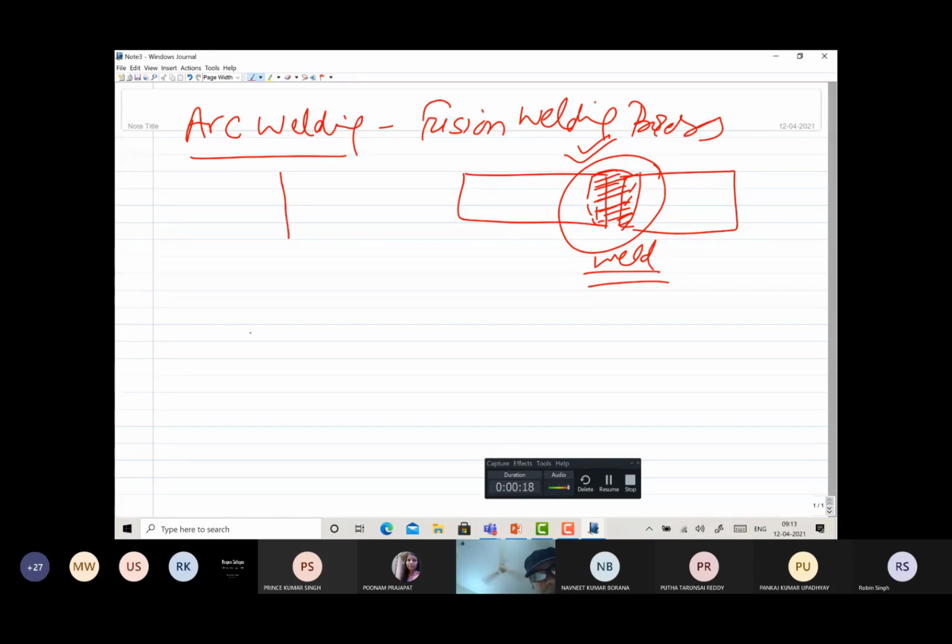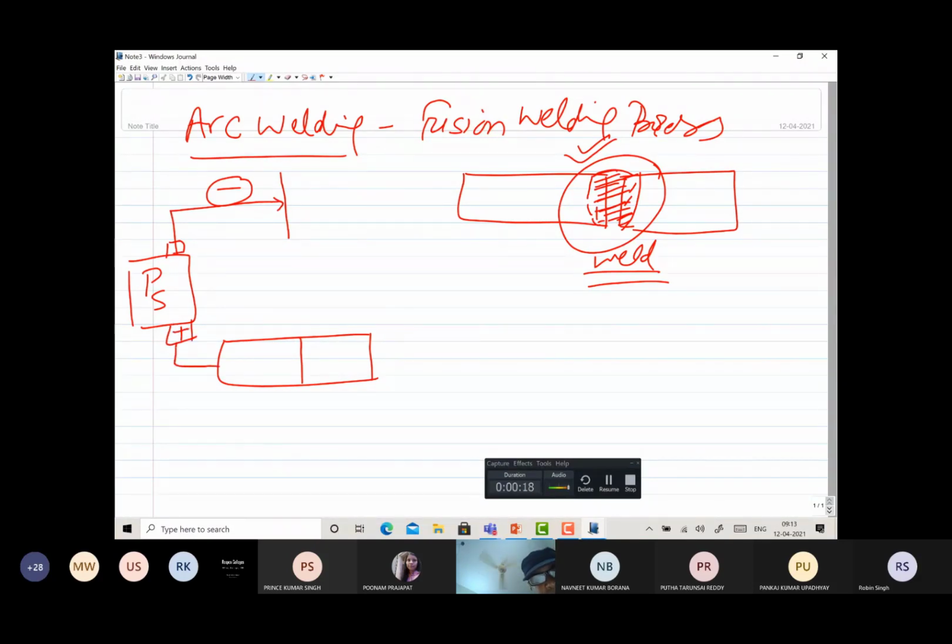So basically in arc heat generation, what happens, we have one power source and we have the electrode and the base metal which is to be joined. The electrode is connected to the negative terminal of the power source, and the positive terminal of the power source is connected to the base metal. When we use this kind of connectivity to have the arc,